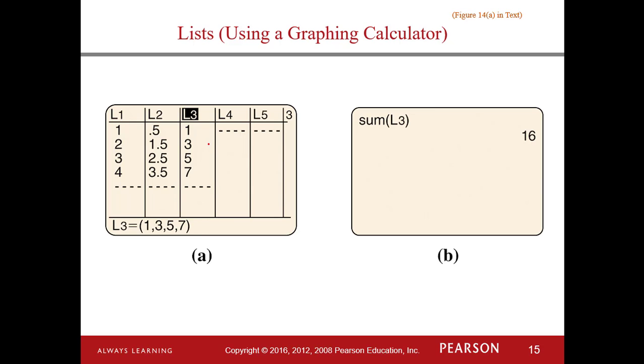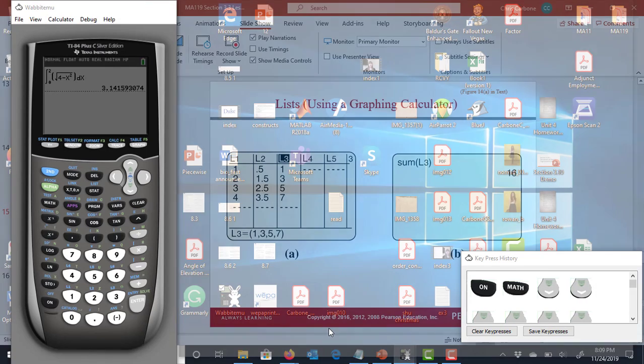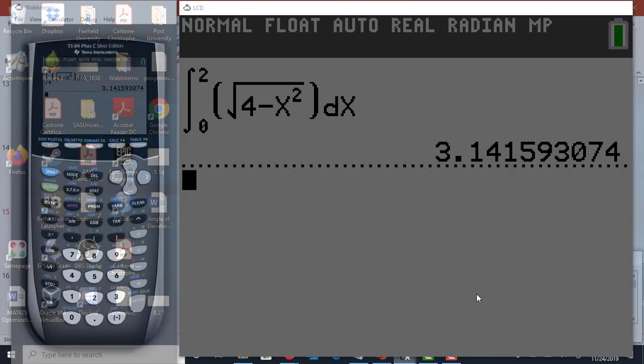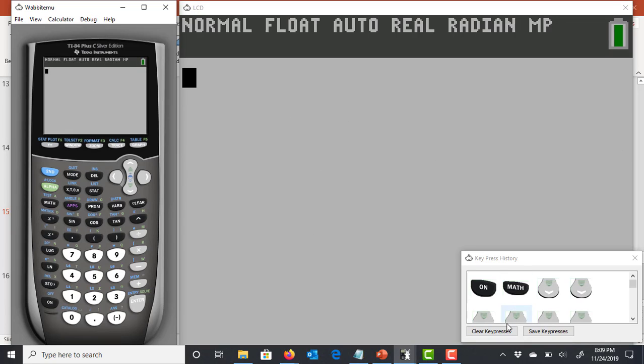And we could also do this as another method on the TI-84 Plus Color Edition calculator as well. So let me go back onto that calculator. And for this one, once I open up everything, and let me clear these as well. Alright, so for this one, we could go and